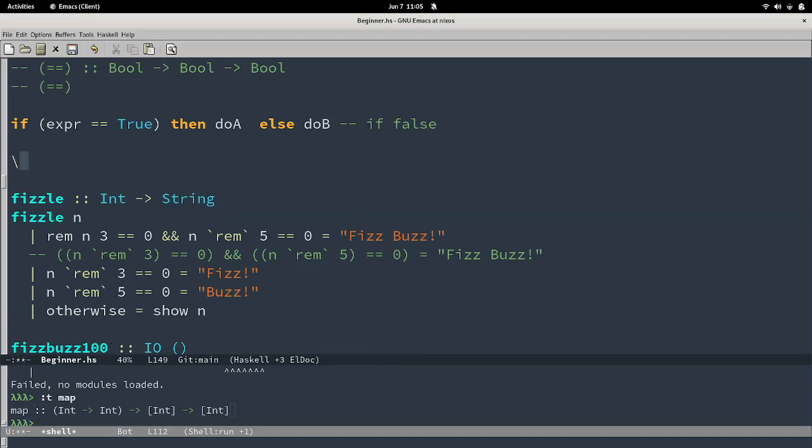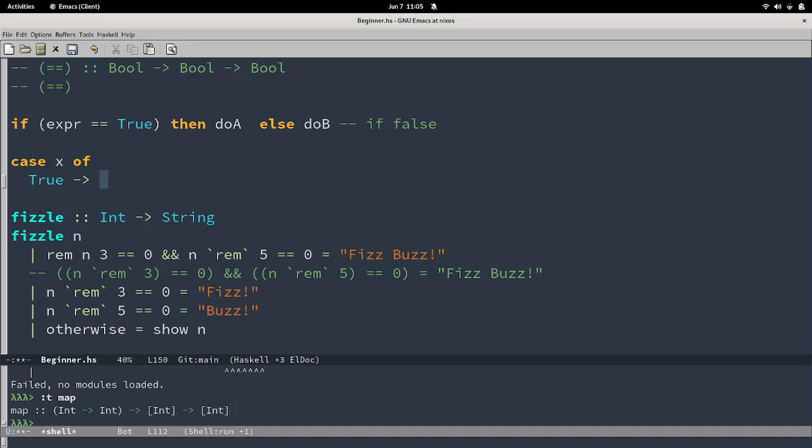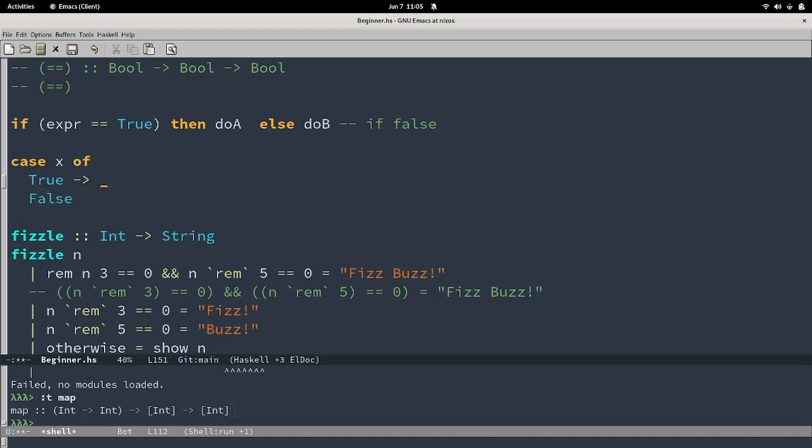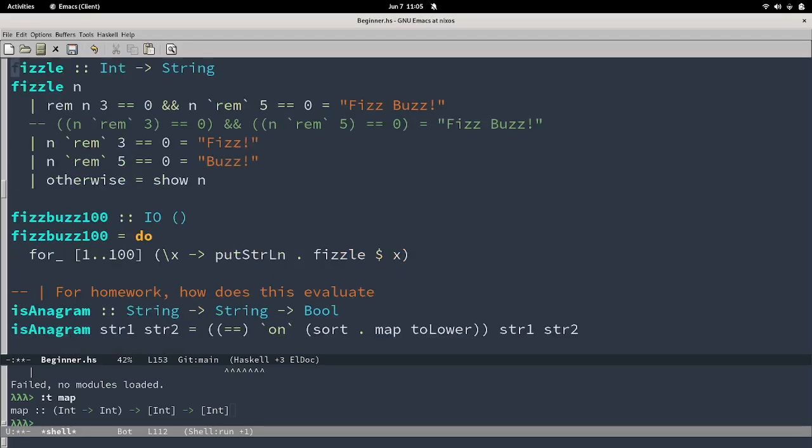And so we could also write this in a different way. We could say case x of true, do this. Case x of false, do this. And that's the same thing, right? Do A, do B. But now we want to get even more generic than that, and we want to have multiple things that we can check. So here, if you're familiar with FizzBuzz,